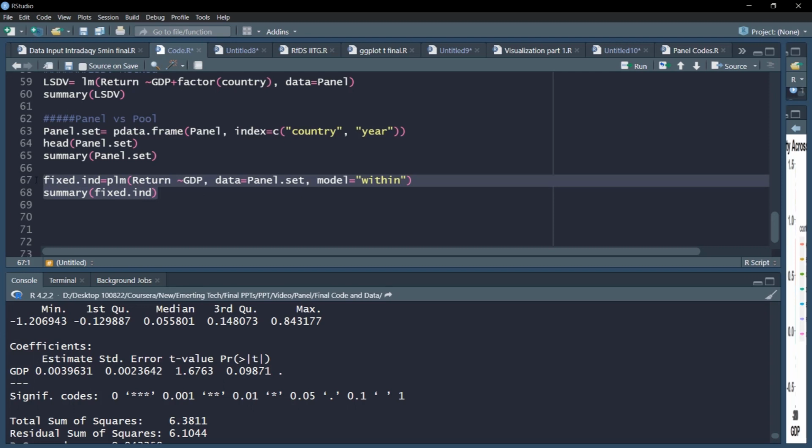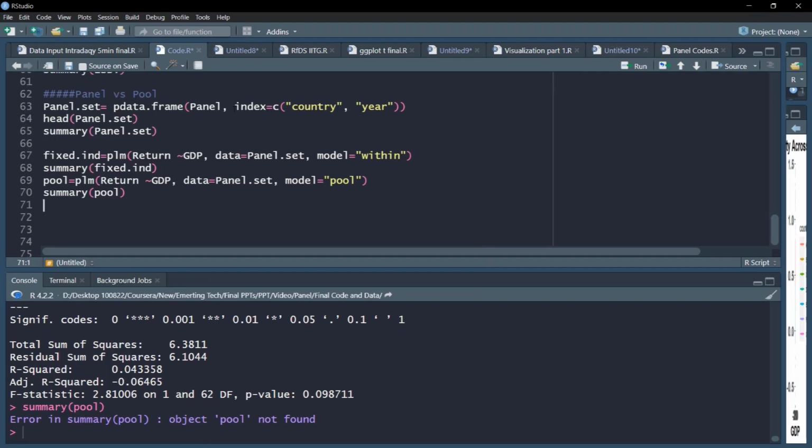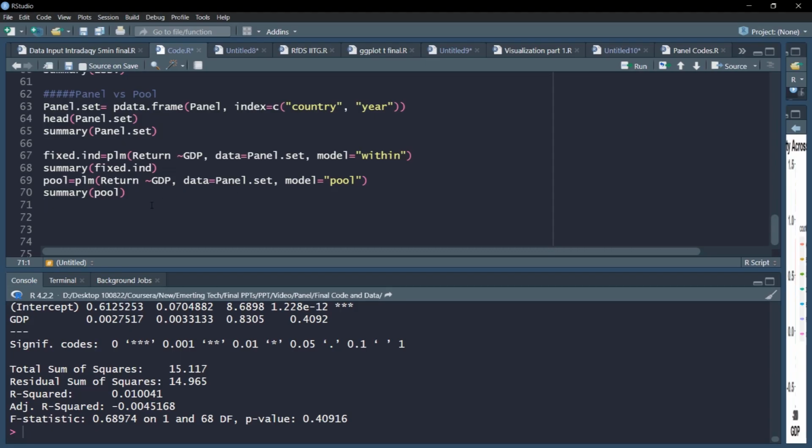There is a very simple and interesting way to perform pooled OLS also within the panel data framework, the PLM package. I can write pool, let me call it pool, and this pool model will be very nicely run with PLM rather than LM as earlier. Now we can see the output with pool, and as we have already seen, the results are not significant. But more importantly, with this pool object in the PLM environment, we can perform a poolability test for fixed effects.